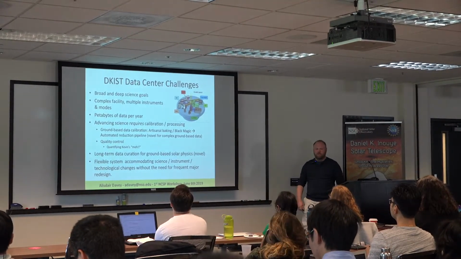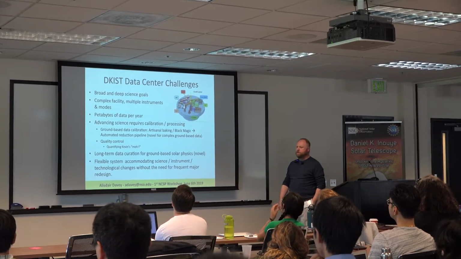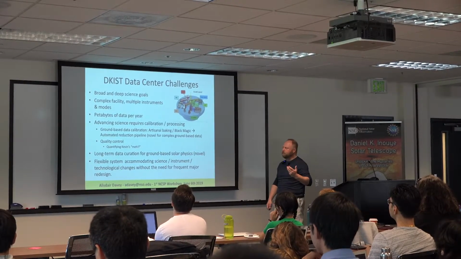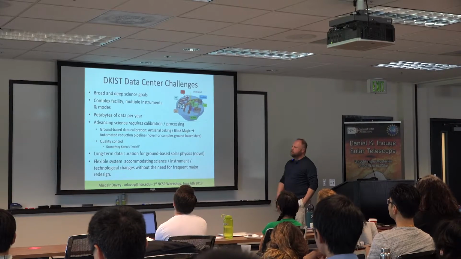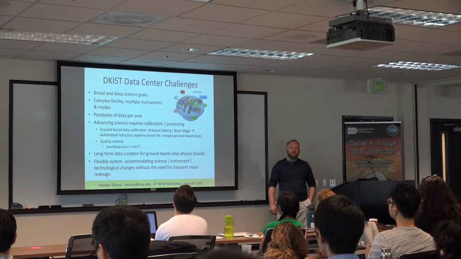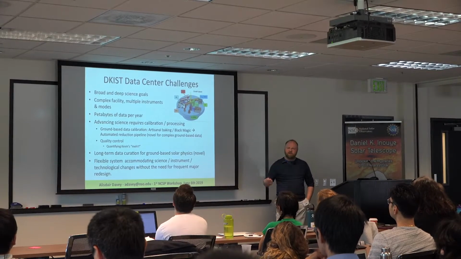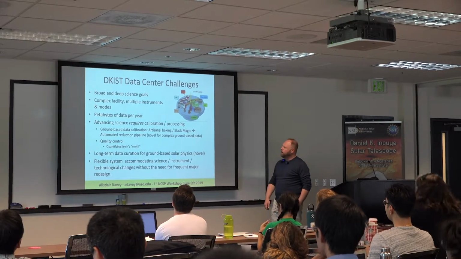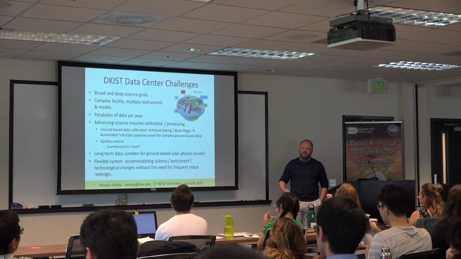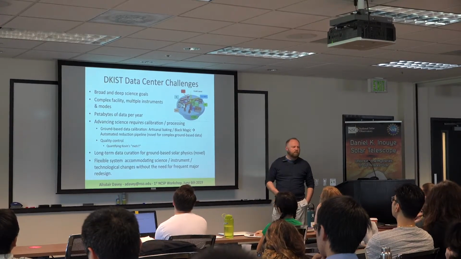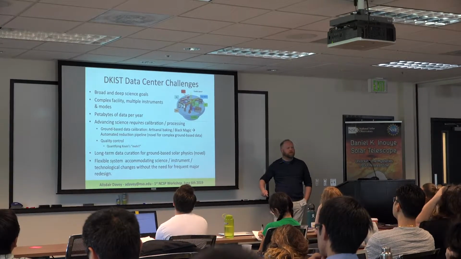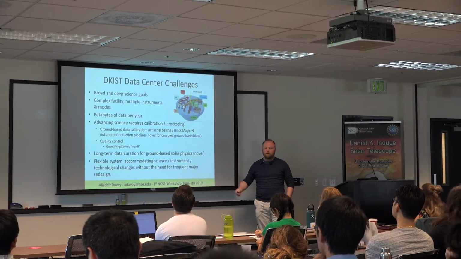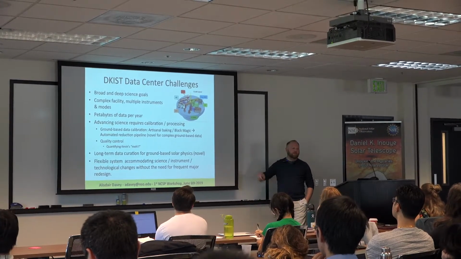So in terms of thinking about how we put together a data center, there are a number of challenges that give us cause for a great deal of thought. DKIST has really broad and deep science goals. It's a complex facility. There are multiple instruments. There are tens of thousands of combinations of lines that you could possibly observe with. Multiple instruments, multiple modes. It's petabytes of data a year. And oh, by the way, this isn't a one-time shot. The instruments can be upgraded as we go forward. With VTF, that's actually likely when it goes from 1 etalon to 2. And in the future, people will be able to swap these instruments out for new ones.